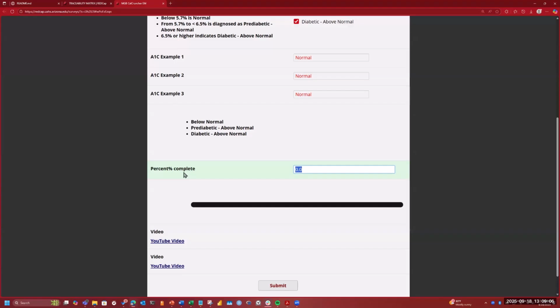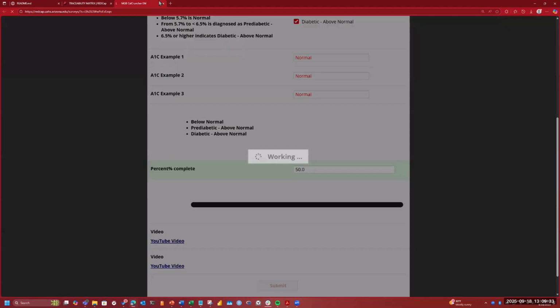But this one is within the survey. So if I say we're at 50%, and we're going to ask for a decimal here, and we won't see it until it's actually saved, but I can submit this. And then we have some videos here that came from another question. It isn't a whitelist version, but it is a link that could be easily uploaded to the data dictionary and then utilized that way. We're going to submit this